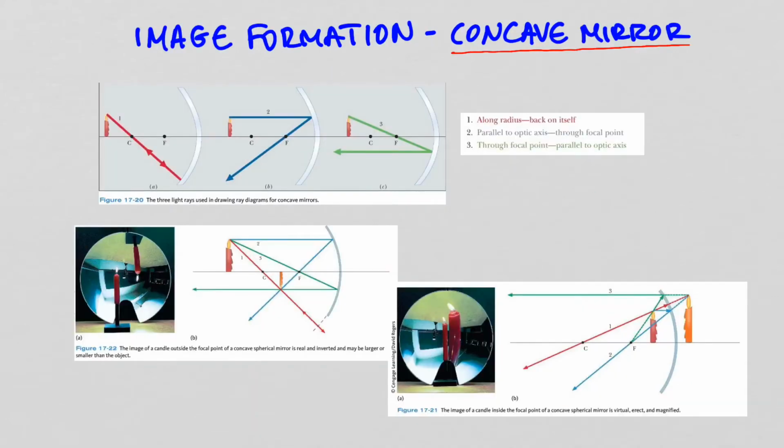So let's discuss now how the formation of an image from an object placed in front of the mirror is determined. So for this purpose, I'm going to look at this diagram here on top. So on the left-hand side here, above the optic axis, I have my object. And I'm going to look at 3 specific light rays that come from the object and reflect from the mirror, and use those 3 specific light rays to determine the position of the image. So the 3 light rays are: